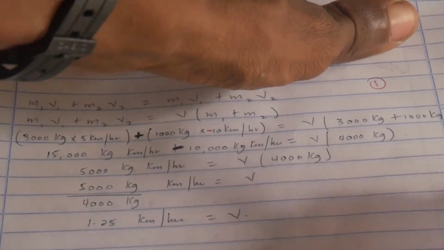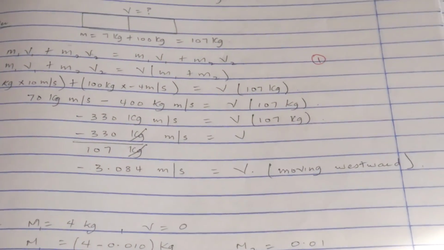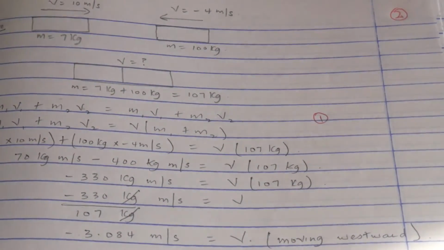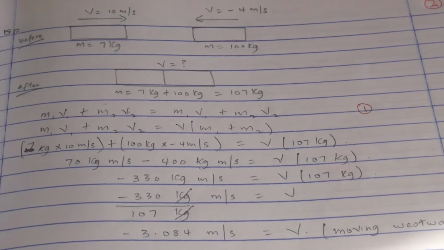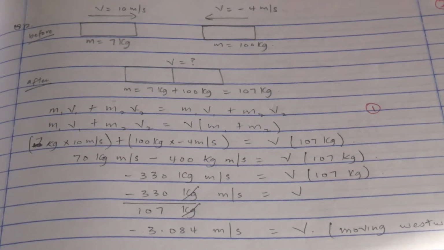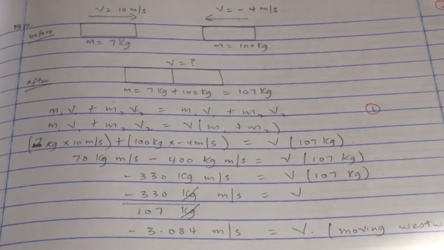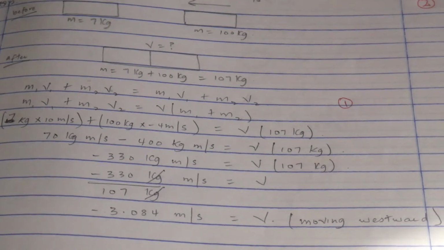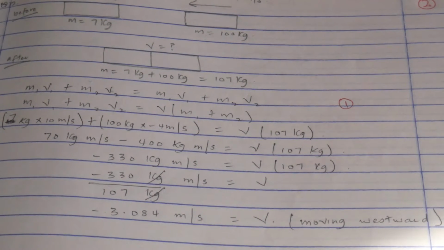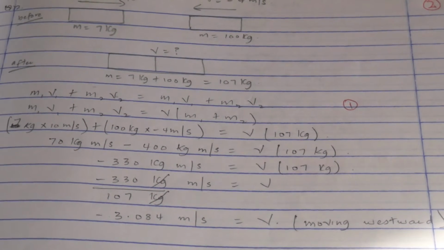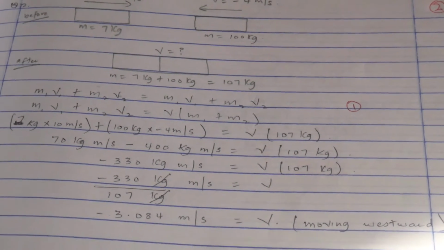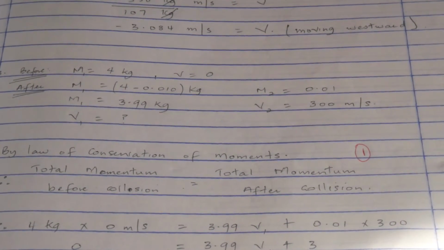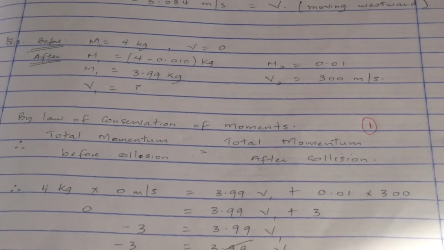And number 12 is another perfectly elastic collision. So I'm just going to show you the working there. You can pause the video if you want and notice everything you have to notice. You see the negative velocity for left, right? Alright, but moving westward. You can say moving left also. Alright. Next,